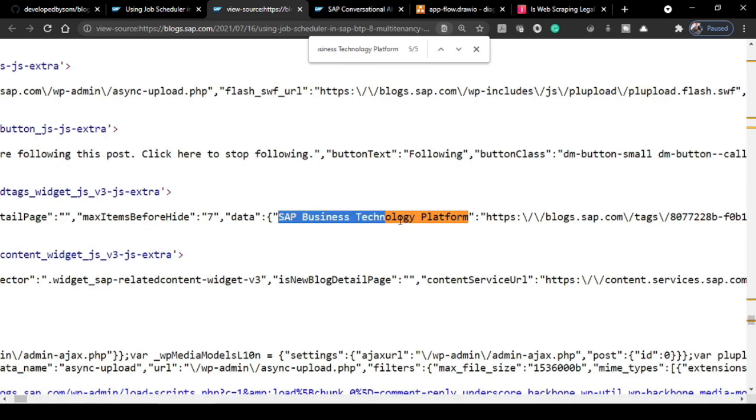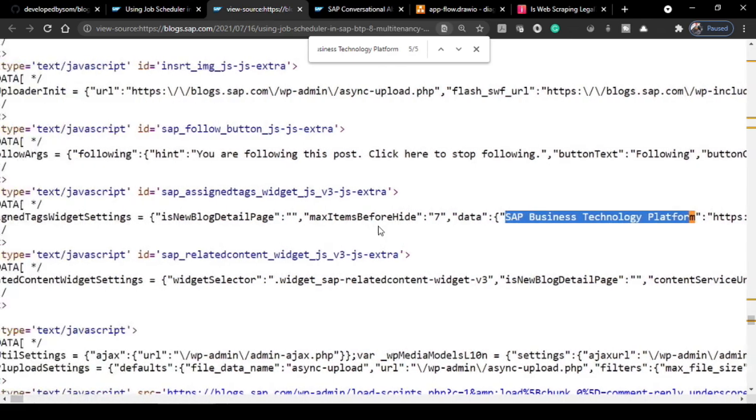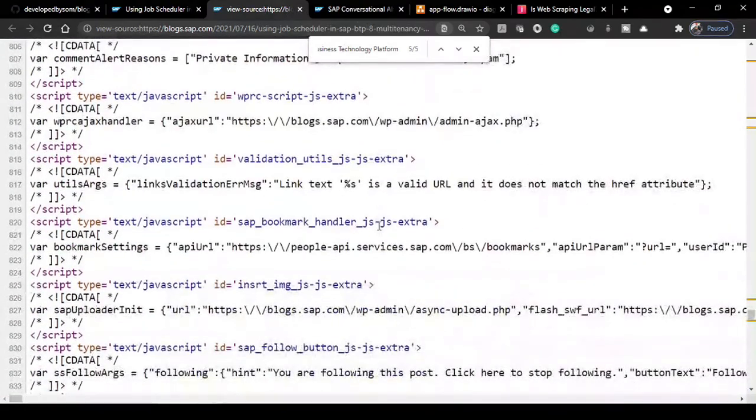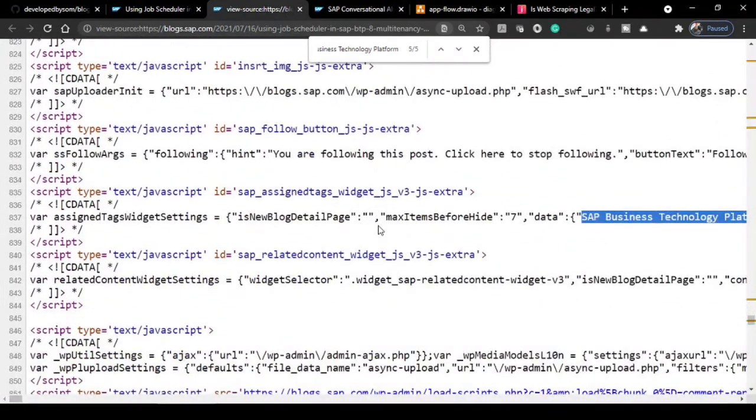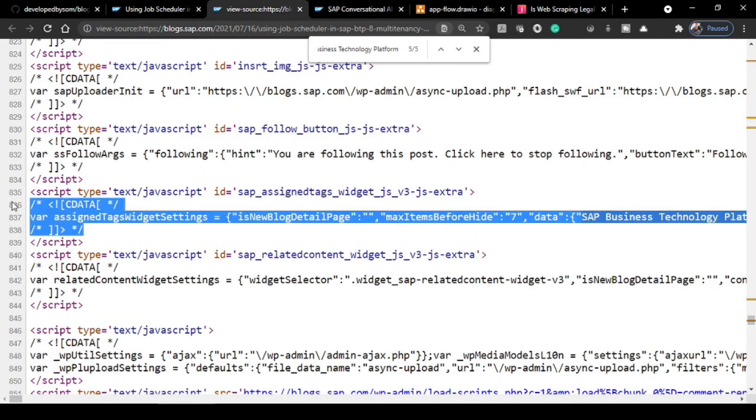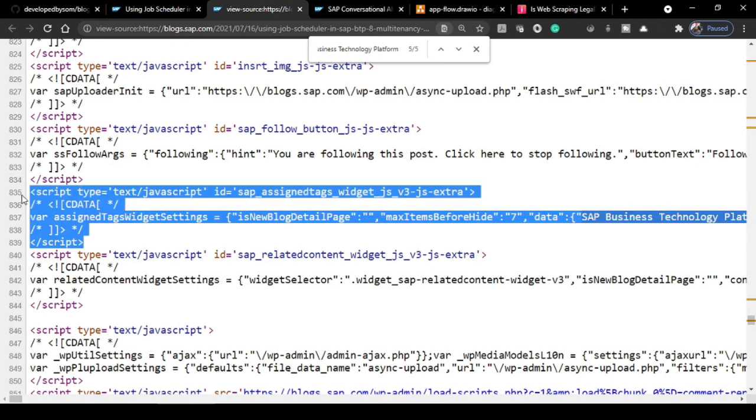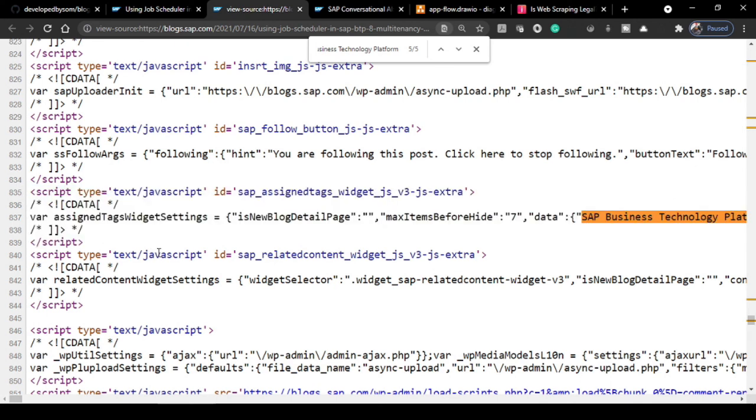This is the one which comes under the assign tags, and it is not coming under a div or something. It is coming under a CDATA section within a script, right? And LXML doesn't crawl through that particular CDATA section. So that's why getting the tags is a little bit of a challenge with this technique, but we'll resolve that too.